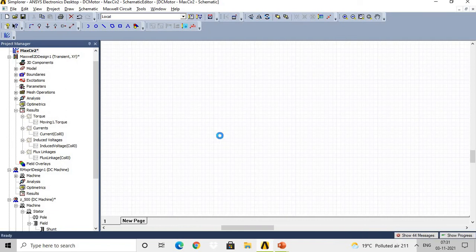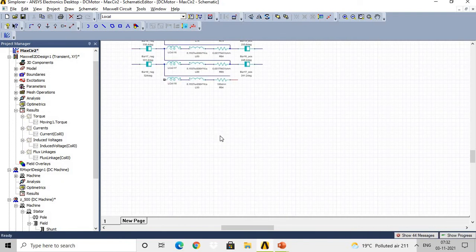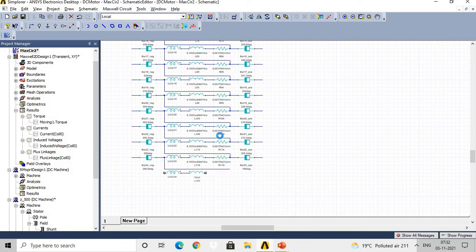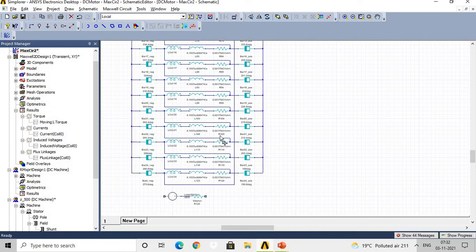So in short, with the help of this software, I request you to first make your own theoretical design so that all the parameters are with you. Then select the RMxprt design, select the type of machine, give the design parameters as input to make the geometry of the machine, then analyze your machine, then validate your design. If the design is not validated, go through the error, rectify the error, and then again validate your design. Then